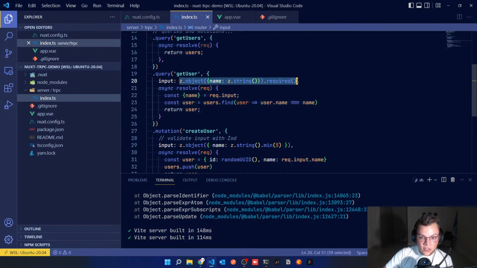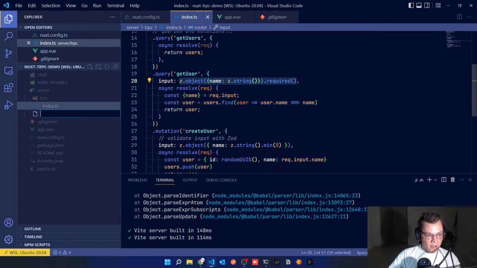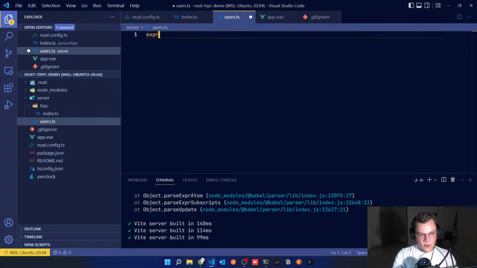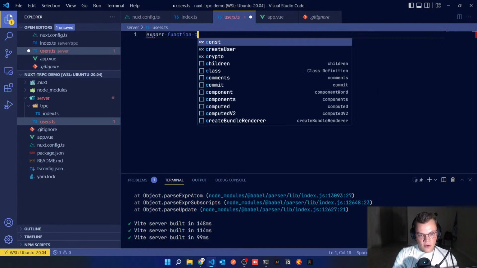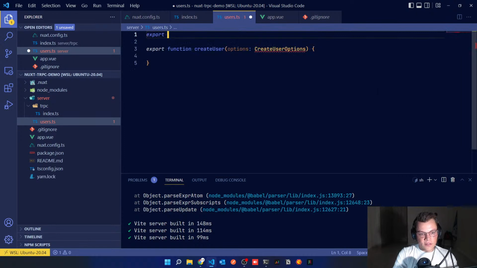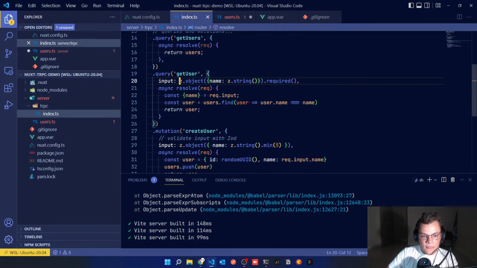You can write one validation for the input of this. Let me explain what I mean here, because I think this is important. If I create a file called users.ts, and I say export function createUser, this is core logic with options, and createUserOptions as an interface. And we create that interface. Basically we don't even have to make this interface. That's kind of what I'm getting to. So if I just take this,